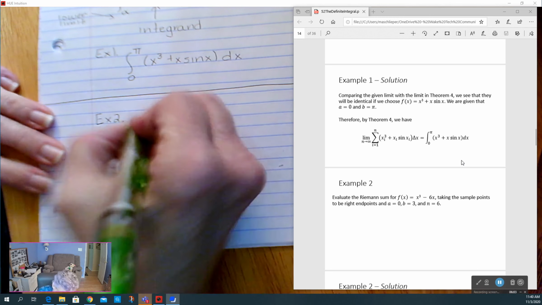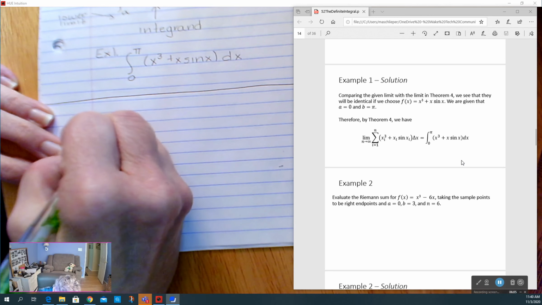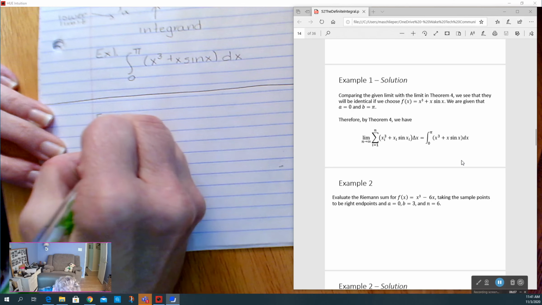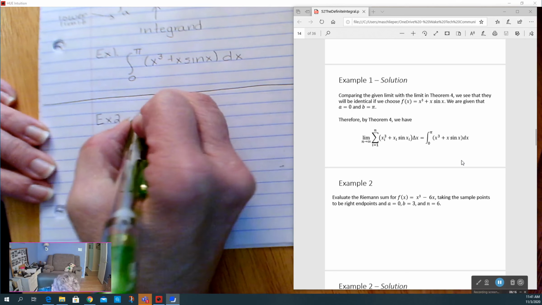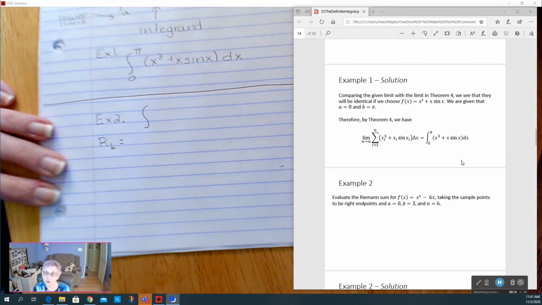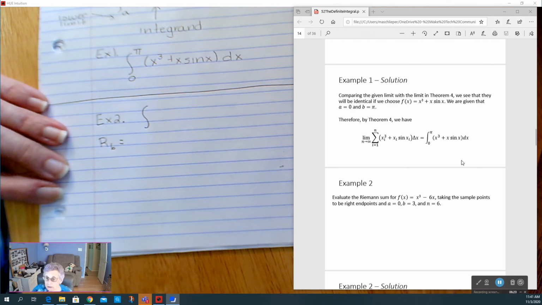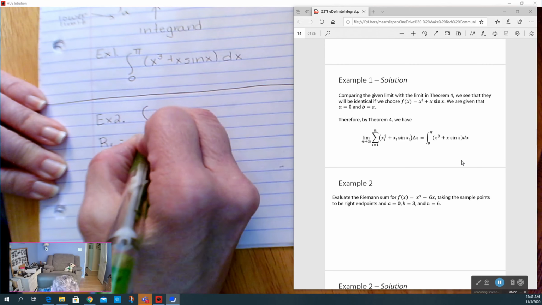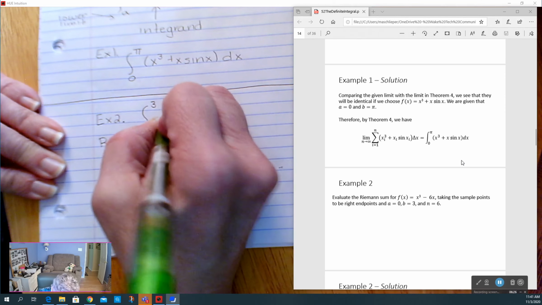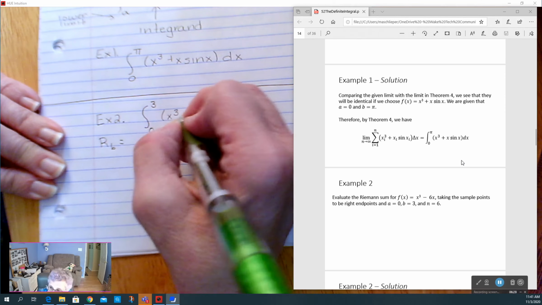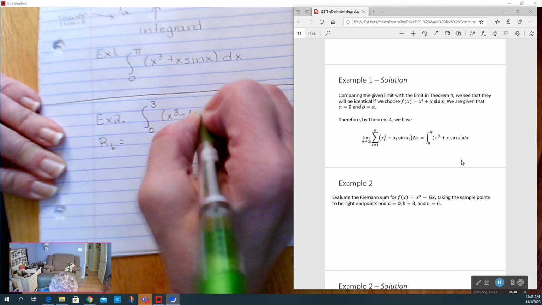So in the notation of our last section, we're calculating R sub 6, the Riemann sum, with 6 right endpoints. In integral language, we are calculating the integral from a to b of f of x, x cubed minus 6x